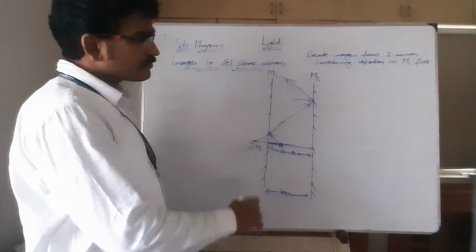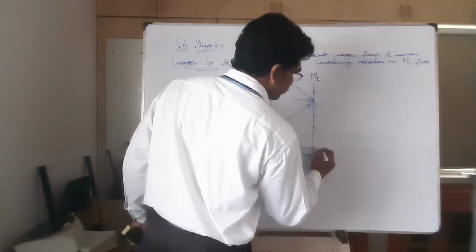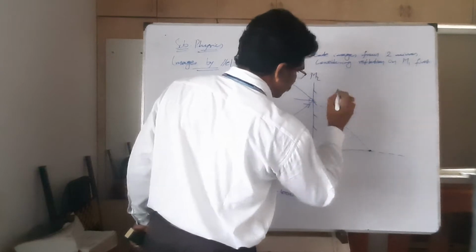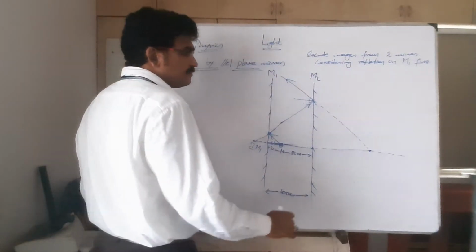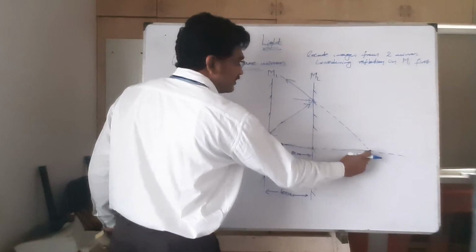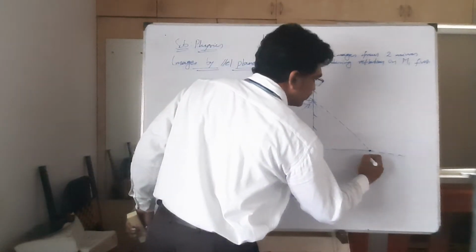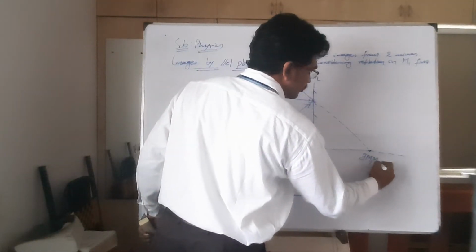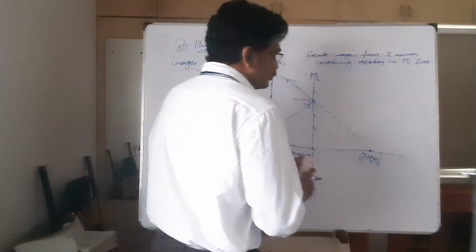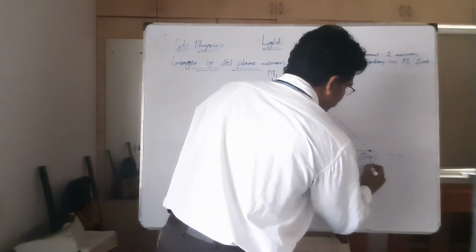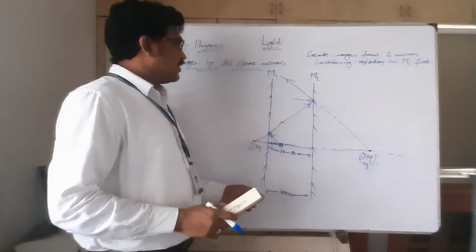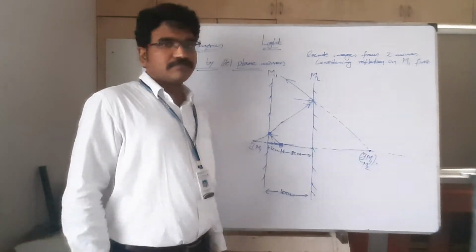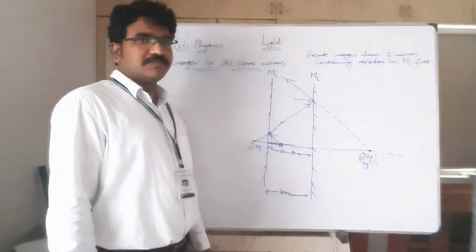Again, what do I have to do? Again I am extending back. And what is this one? This is nothing but the image of this object. What is this object? I M1 on M2. So you should very carefully understand that now the image of this object is formed on M2 here. This is what you should understand.